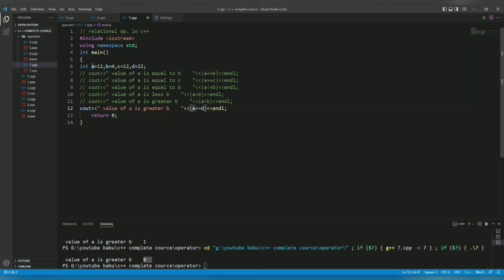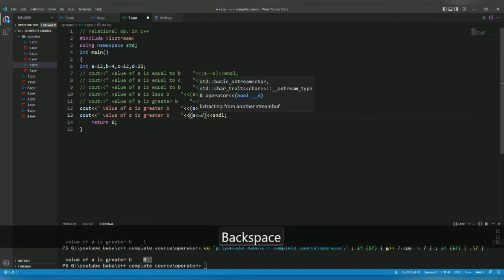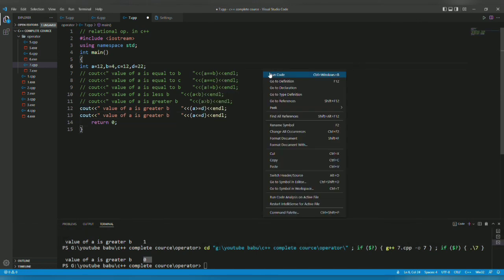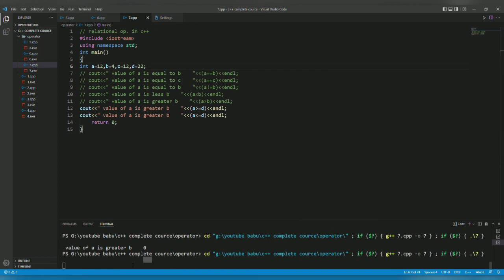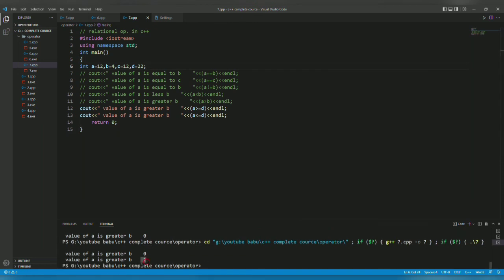And the same is there with less than or equal to. When I run it, here it is giving the value as 1 because a is less than or equal to 22, which means that 12 is less than 22.